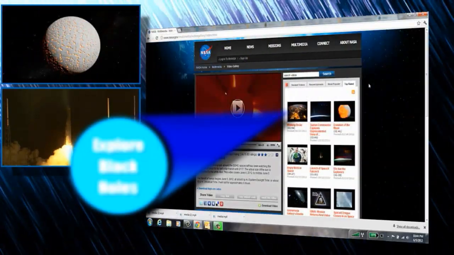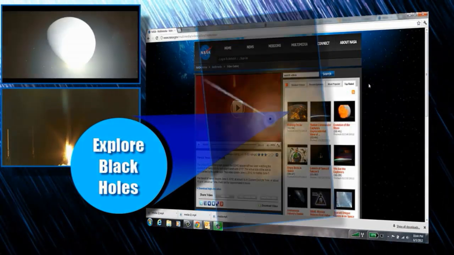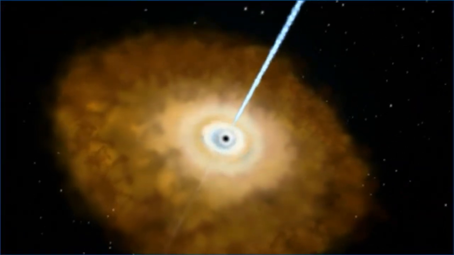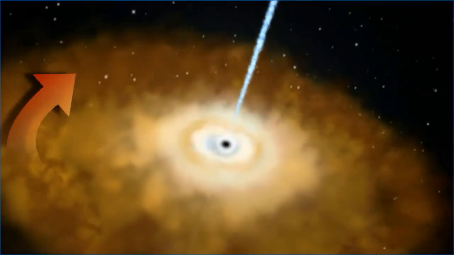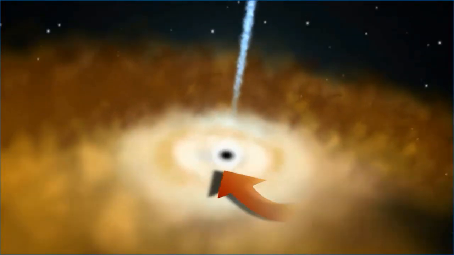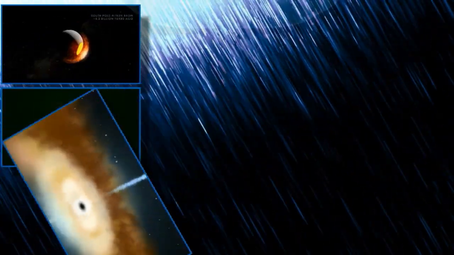Falcon 9 rocket. This is the supermassive black hole at the center of NGC 4151. The dark object in the middle is the black hole. Surrounding it is